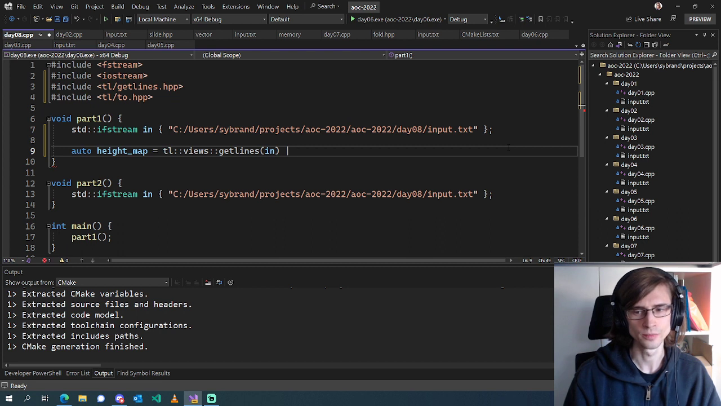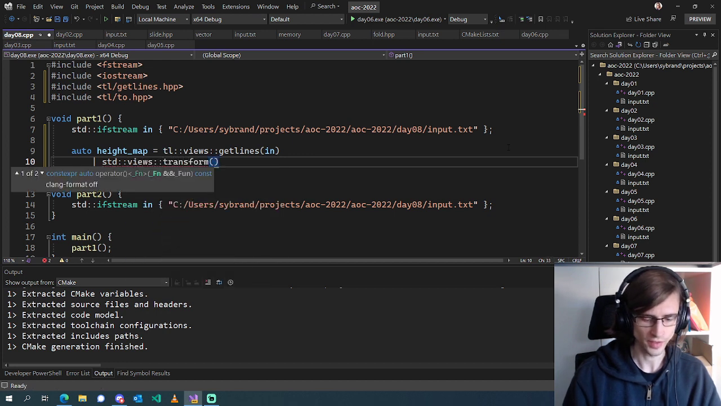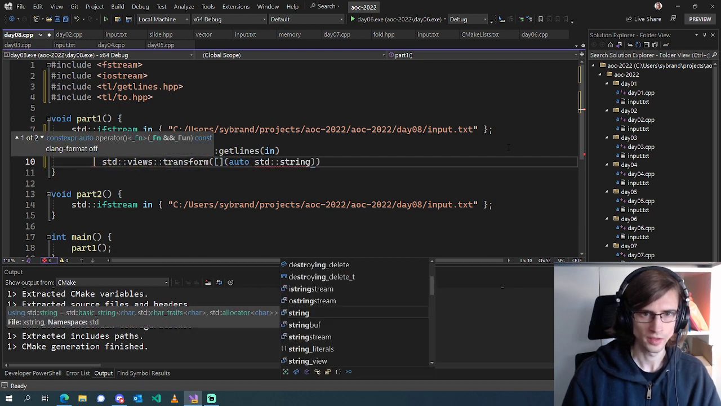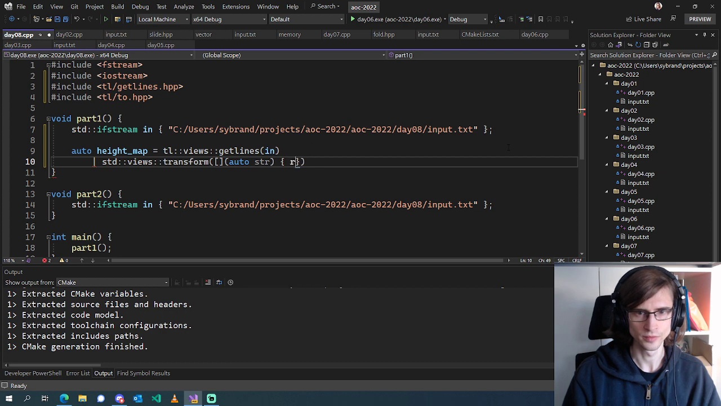Should we do some pre-processing just to make this a grid of integers? Yeah, we could do that. Okay, so we'll do get lines, and then we'll do std views transform. So this will give us a bunch of strings. Oops. And we're going to return